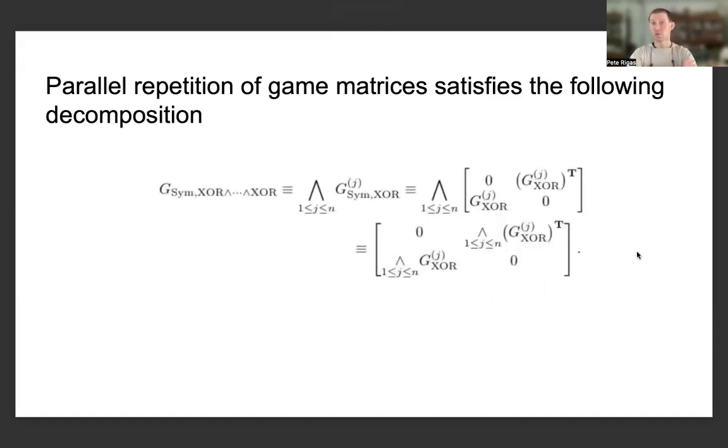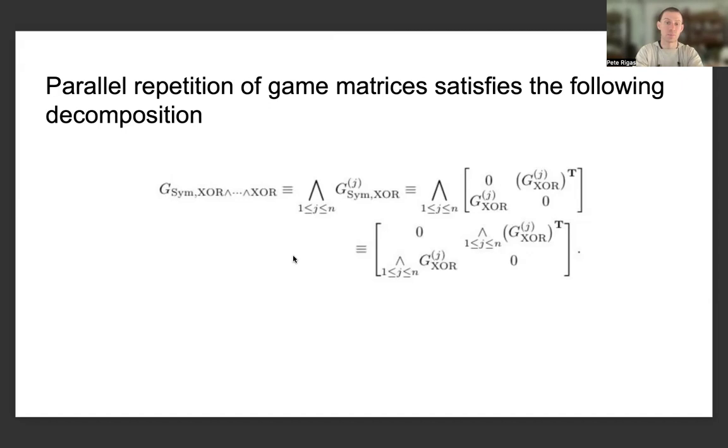And also related to parallel repetition of semi-definite programs and dual semi-definite programs, there's another important fact that we should keep in mind, namely that parallel repetition of the game matrices for either a two-player game or a multiplayer game satisfies the following decomposition. Namely, we can formulate and study a more complicated object, a symmetrized game matrix or game tensor for parallel repetition of the XOR game or other types of games, which is given by the fact that,